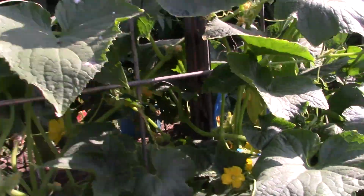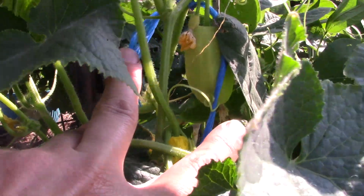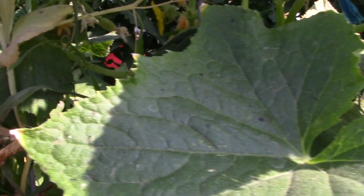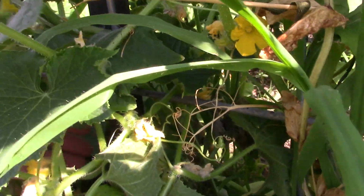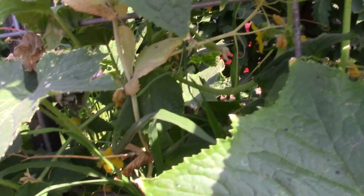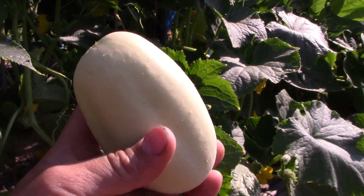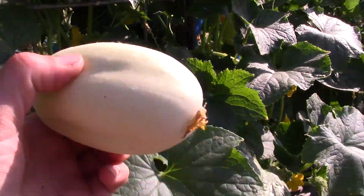So this is a dragon egg. Here's one. It'll get probably twice that size before I pick it. I don't know if I have one to pick. We've eaten... Oh, there's one. I didn't see that one. Oh, goodness. Let's pick it. Oop, that one got a little big. This is a dragon egg. It'll be good. It's a little bigger than I normally would have picked it at, but I'm sure it will